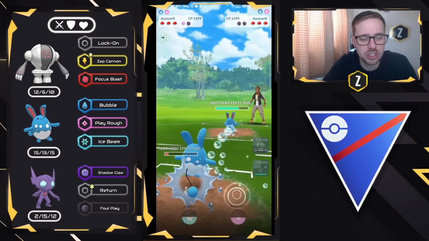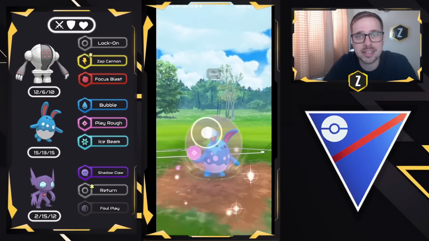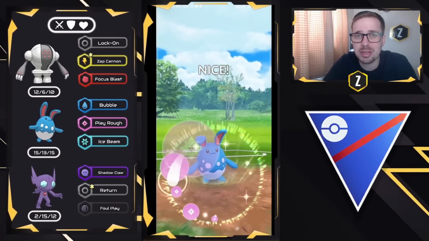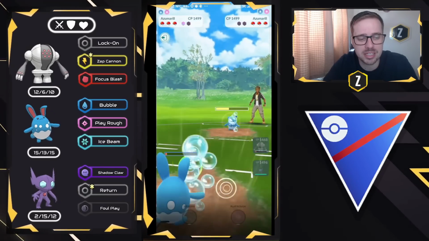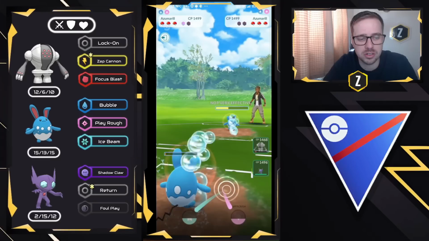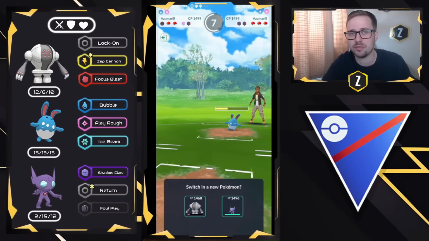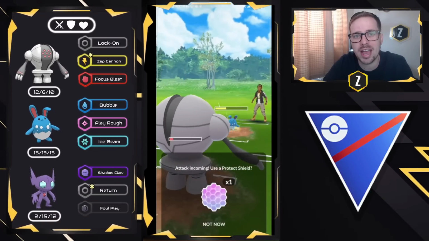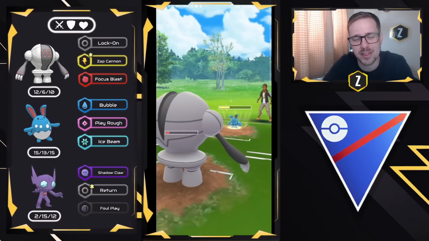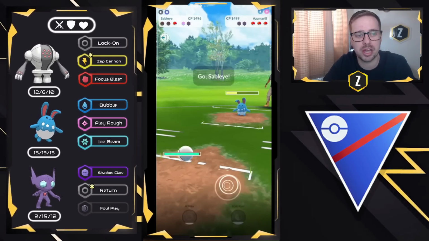And what I think I can do here is get to another Play Rough and get this thing low. And thankfully, I still have my Registeel, so I should be able to catch a charge move on it when I come in with Sableye, because they are likely going to be going for Play Rough. So I'm going to go ahead and let them farm me down. This is close enough range for a Sableye to farm down with Shadow Claw or even go for a Foul Play. So what we're going to do is a nice little peekaboo right there, because I know they had a lot of energy, so they'd want to throw, and we caught the Play Rough